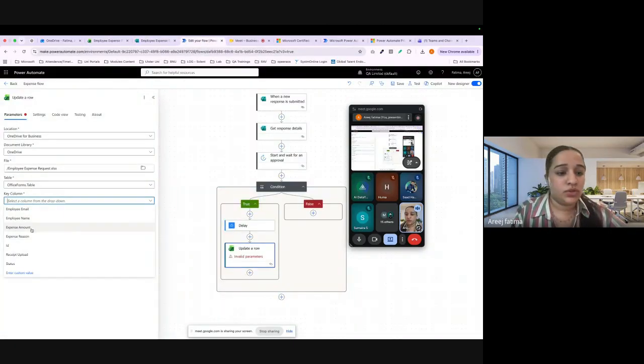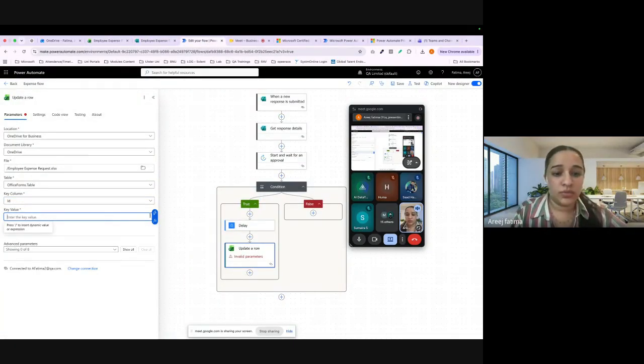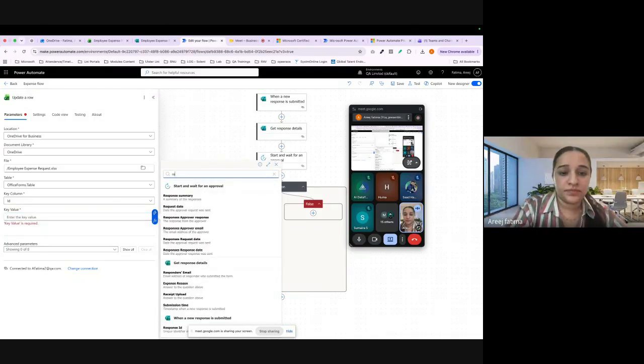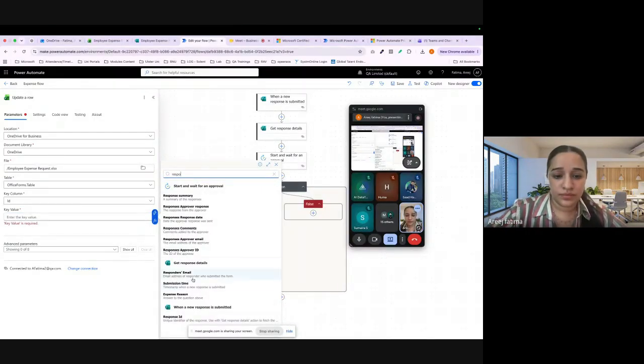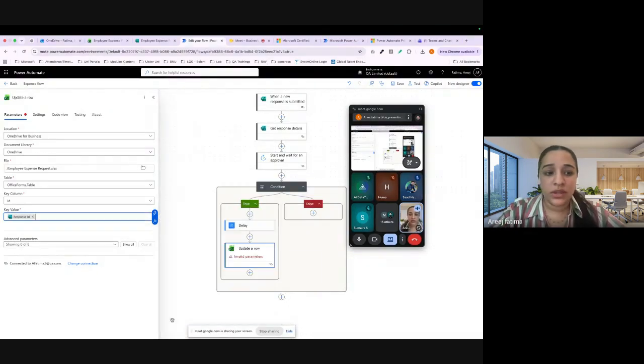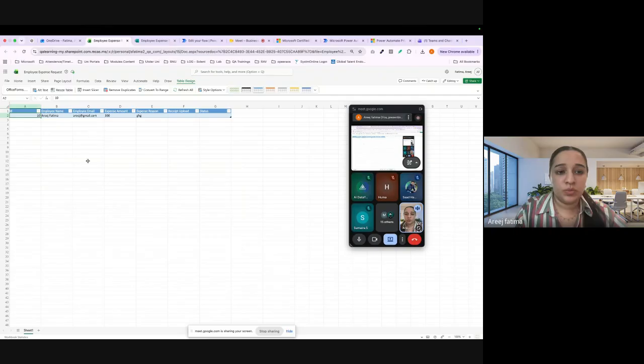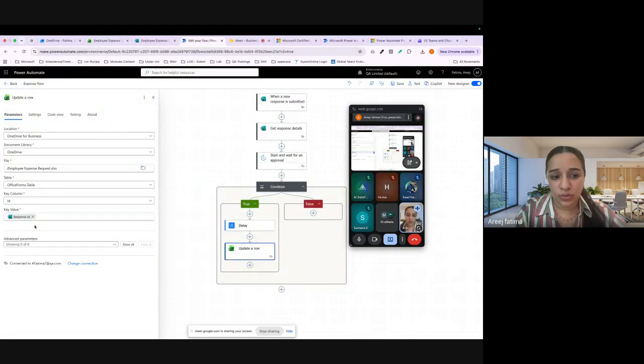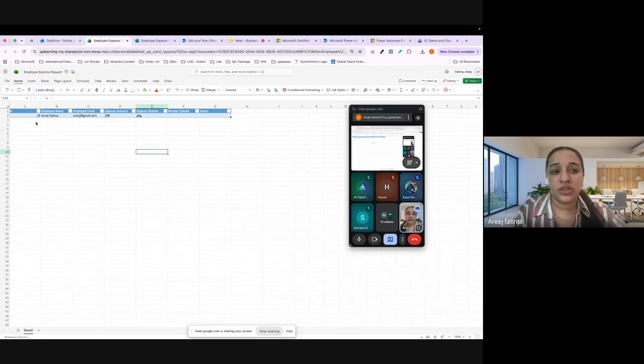So currently I'm just going to target the ID, and then from here, response ID. This response ID is going to come from the form. They are going to double check what we have, like key and the column. We have the one specific ID, and based on that ID, they're going to update the column. Suppose inside my output like this, my ID is 2. They are going to simply check from the Excel sheet where we have the ID 2, and based on that ID, they're going to update the status column.